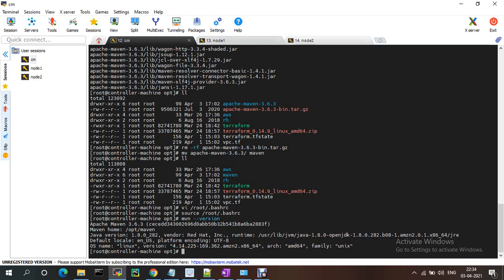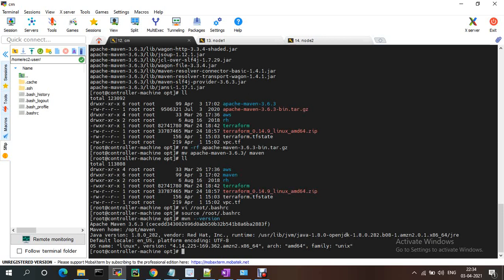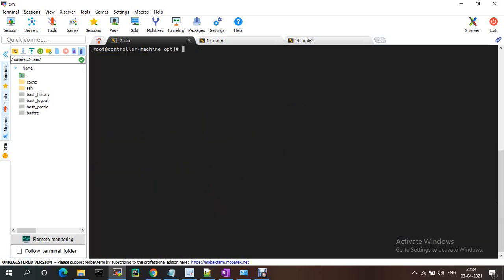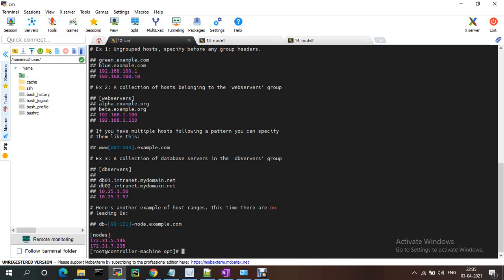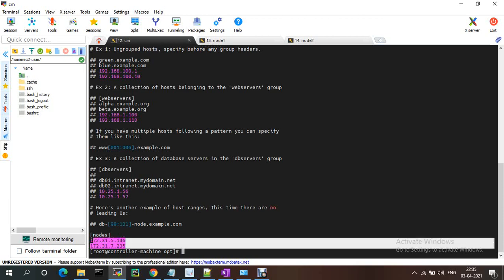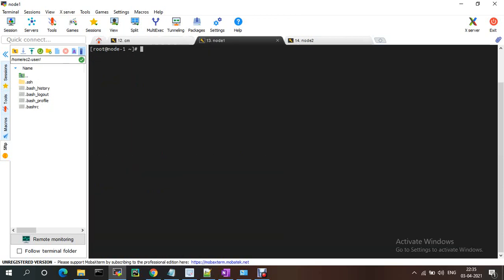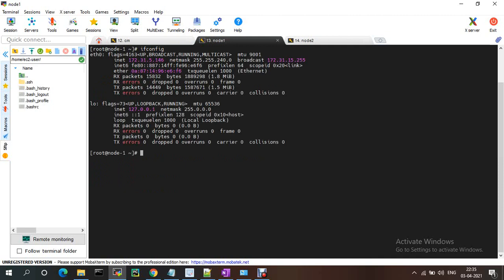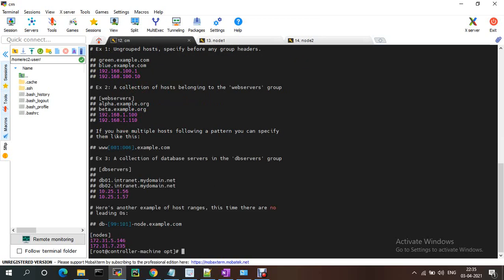Let me create an inventory file. Basically the inventory file is available under /etc/ansible/hosts. These are my inventory details, the node details. If I run ifconfig, the IP is 172.31.5.146.